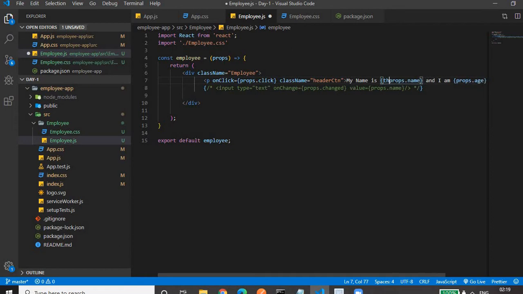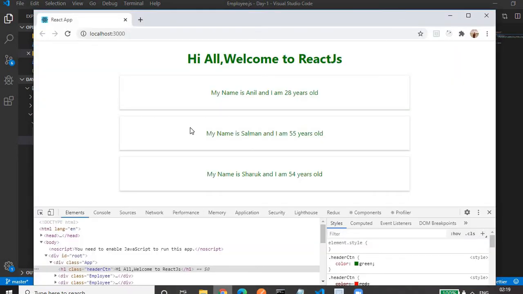But in the functional component, as it is now, we don't have to use this, because it receives props as a local parameter in the function. So that's why we are getting 3 employee components having different content.